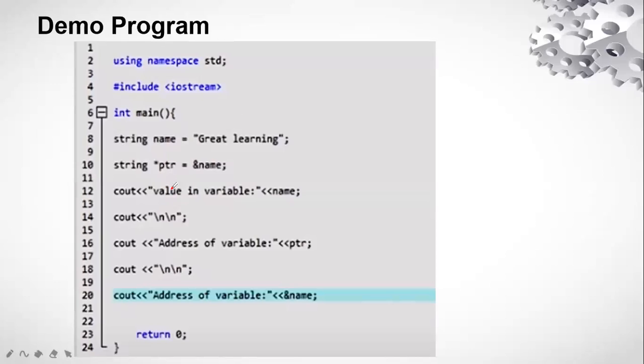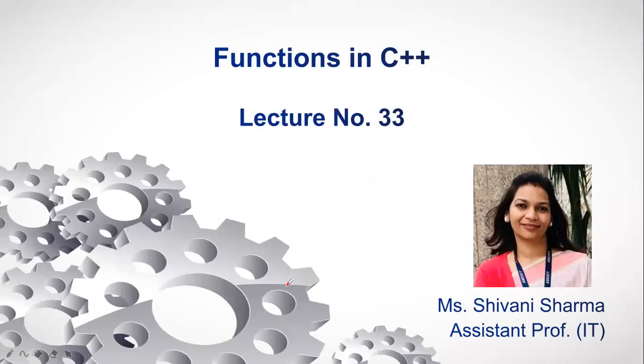It is the same. We have given it in a more compact form, that is cout the value in the variable. Then we have given two blank lines, and then we have taken the address of the variable, that is ptr. So I get the value in the variable through name, and I get the address of the variable through both ptr and ampersand name, the same thing. So this is how the pointer works. Now